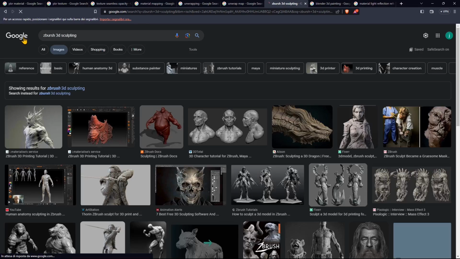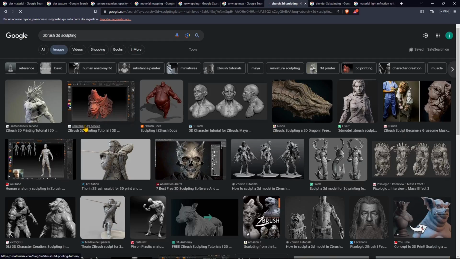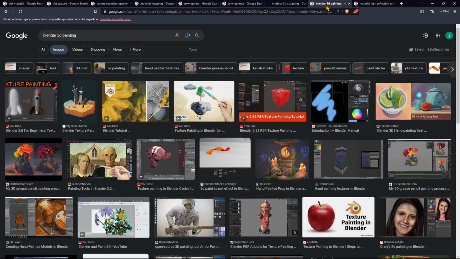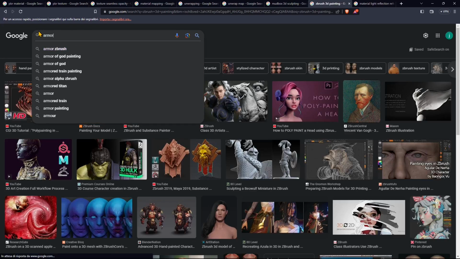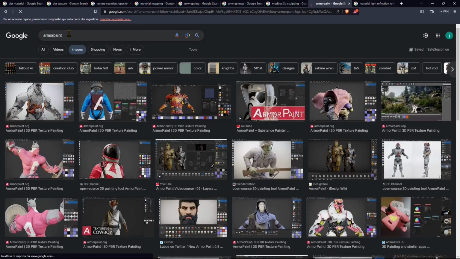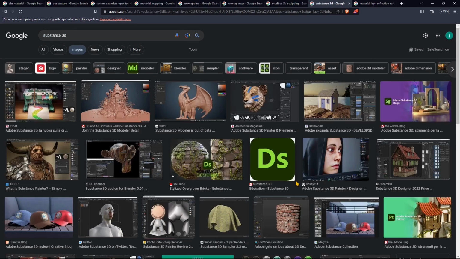ZBrush is definitely a good choice if you need to do sculpting especially, if you want to have really high poly models with really highly detailed parts. And also just to paint, you can use Armor Paint or Substance 3D. These are other tools that are really